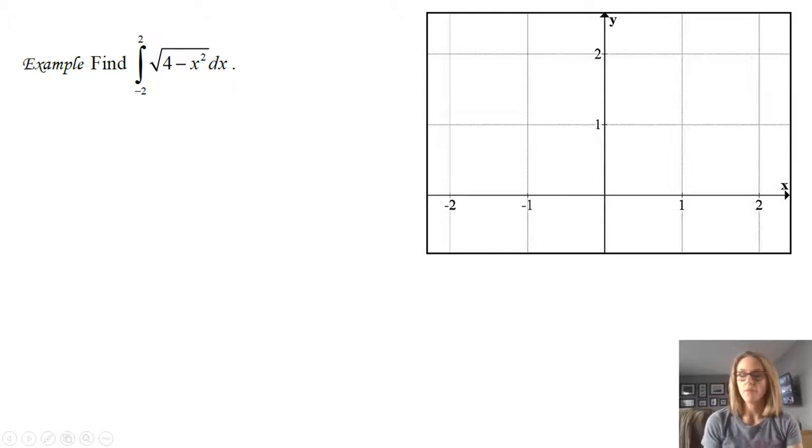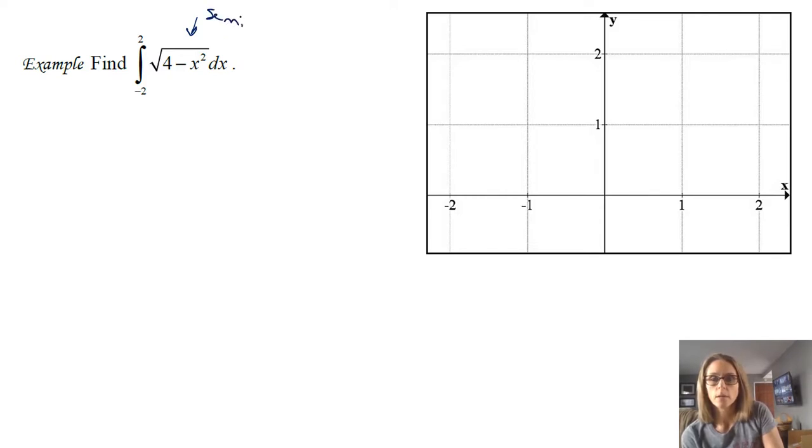All right, so the second half of section 4.2, maybe we can do a problem that's a little bit easier than the last one with the limit. So this is asking us to find the definite integral from -2 to 2 of the square root of 4 minus x squared. Now this is a semicircle. This is a half circle, and that's really all we need to know because it tells us that we can draw it from, so think about the domain of this from -2 to 2.